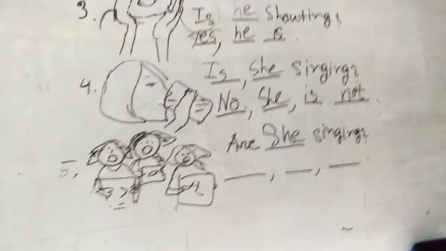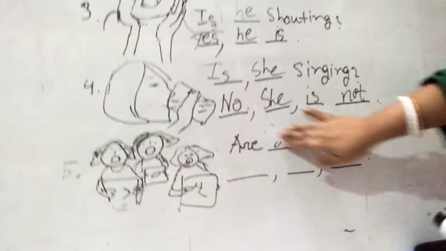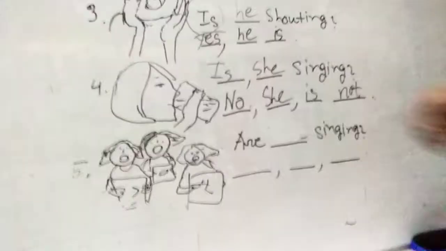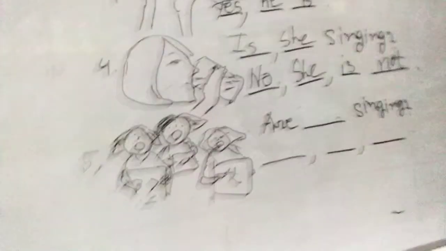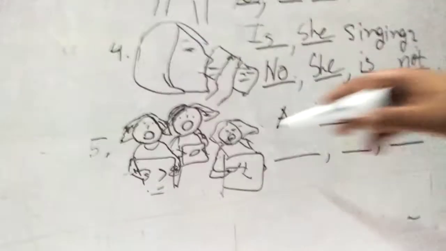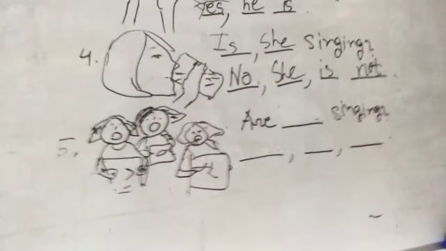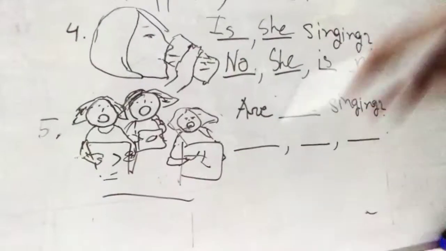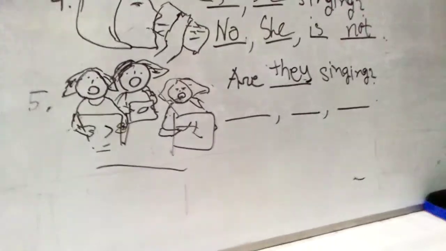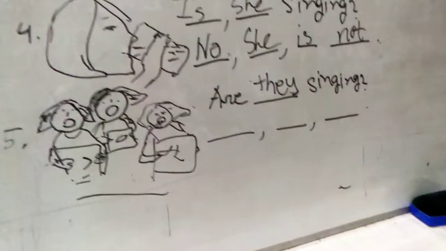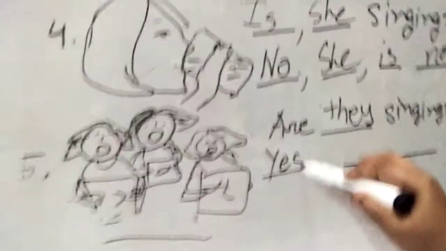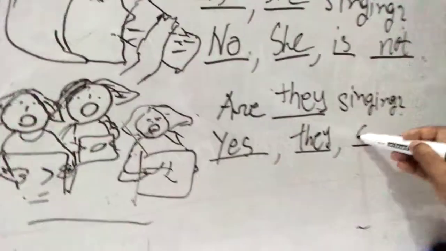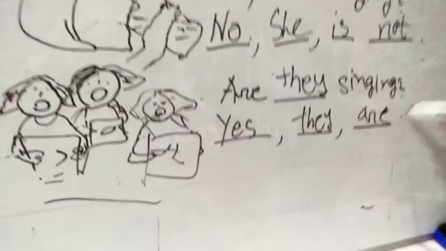So are she, sorry, it's not she, as there are so many girls. Okay, so we can't just put she, a girl. We can't mention it as a girl. Here are 3 of the girls, though in the picture you can see 4 girls. Actually Miss couldn't draw one of the girls. Okay, I left her behind. So there are actually 4 girls, though I drew only 3 girls. So as there are 3 girls, I have to write they, in the plural form. So are they singing? Yes, they are singing. Yes, they are. Okay, we don't need to complete the sentence with the object.